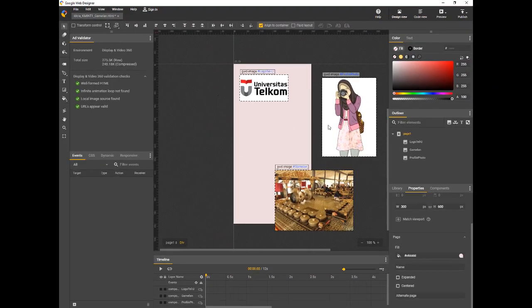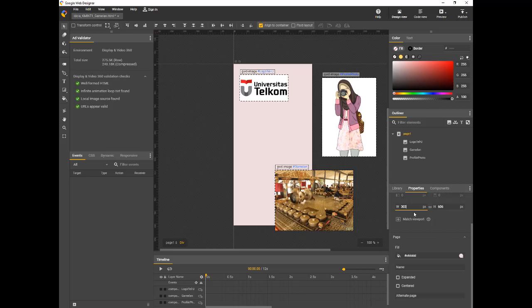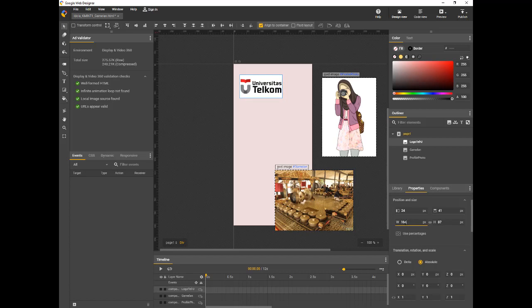After that we are going to put the logo first. I need you to make sure the logo is in the correct size. You can also change the background the same way as the picture, but we are not going to change the background. We are going to change the logo. So make sure that you click the picture first and then change the ratio of the logo, so you don't need to put the logo too big. I think this is the right size.